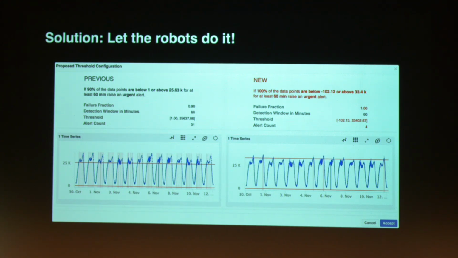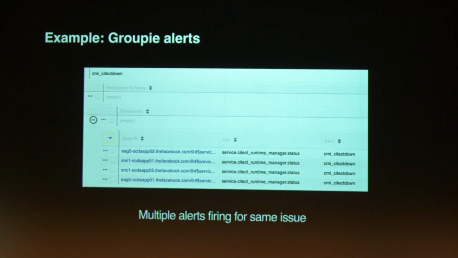Well, let's have robots go in and analyze. So we wrote scripts that actually take a lot of data. They take detector configs, they analyze the data that they act on, and they change the thresholds as such. We call this auto-tune, and it's been pretty widely adopted. I believe after we released this, 40% of the employees that had detector configs used it in the first couple of months. So that was a pretty good success story there for flappy alerts inside the company.